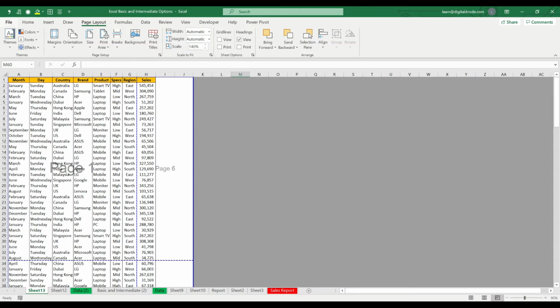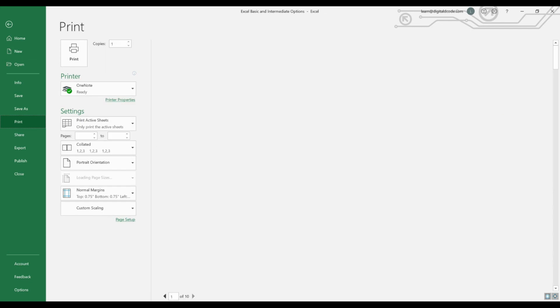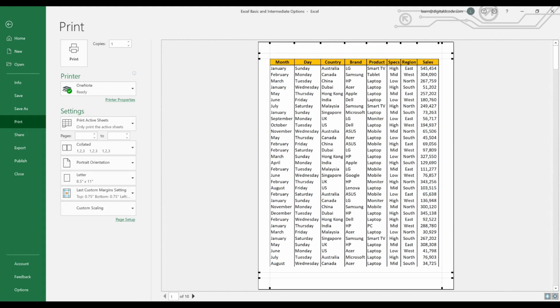To do that, either you can reduce the size or you can adjust the margin. I'm not going to reduce the size. I want the data to be bigger. So what I will do, I will adjust the margin. This is the margin option. In the right bottom corner, you can see the margin option. Click this and you can adjust the margin to accommodate sales. So now let me add that. Now if you see, sales has come.